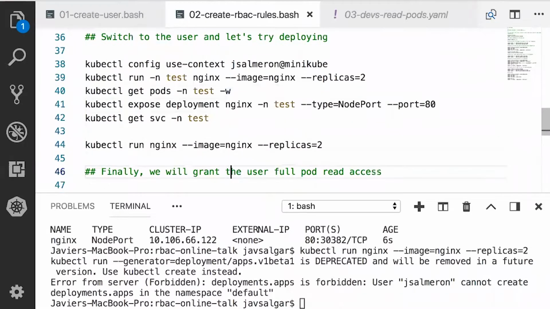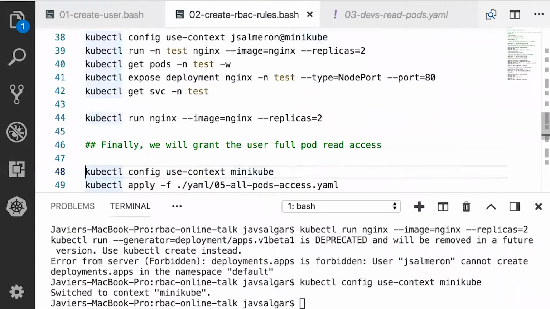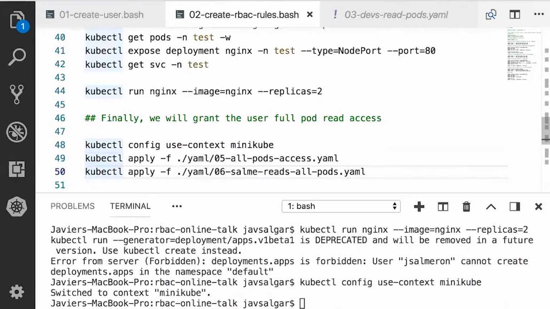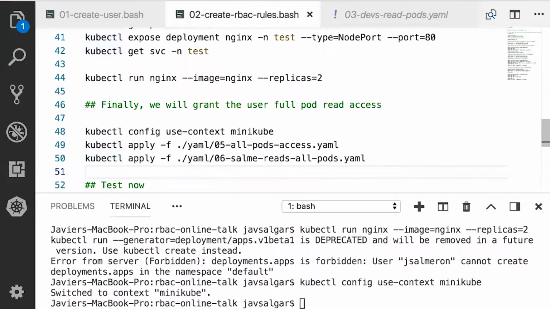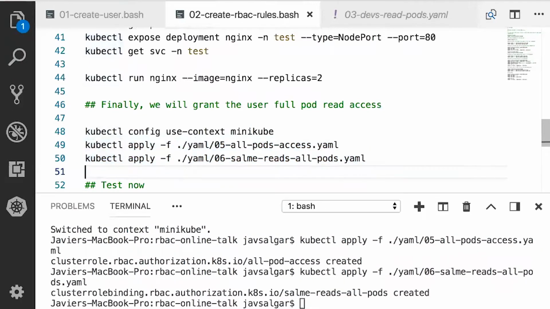Let's go ahead. Now I'm going to switch to administrator again, because that's currently the only user that can deploy RBAC rules, because right now Salmeron can't. Let's let the user be able to read pods in all namespaces. So this is the cluster role that we've seen previously, and that is the cluster role binding as well. So now that I've applied both,